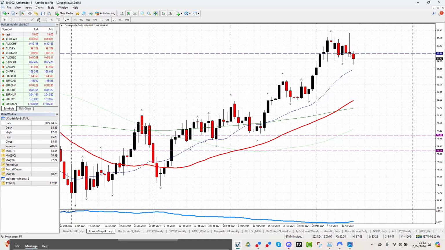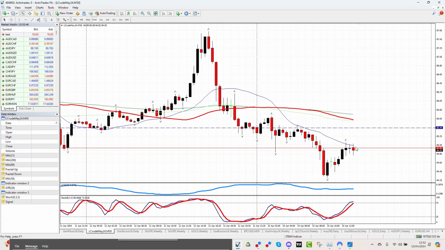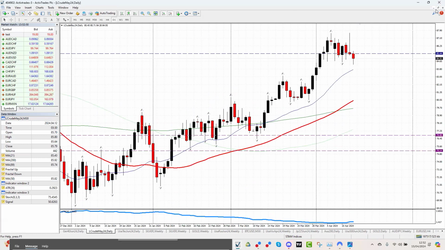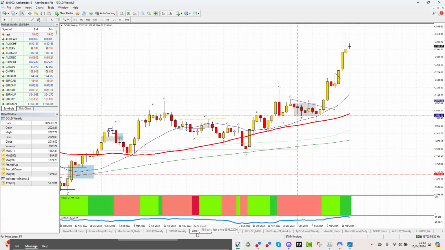Hence why, Friday's candle on the daily chart, I would see that as a double top with the second leg being a bearish hammer, bearish pin bar, right? We didn't drift down as much as I thought we might today. I thought we just maybe would, but you can see for yourself, whilst the price action fell away this morning, it's not in any way near the kind of strength that people might have thought. So look at gold.